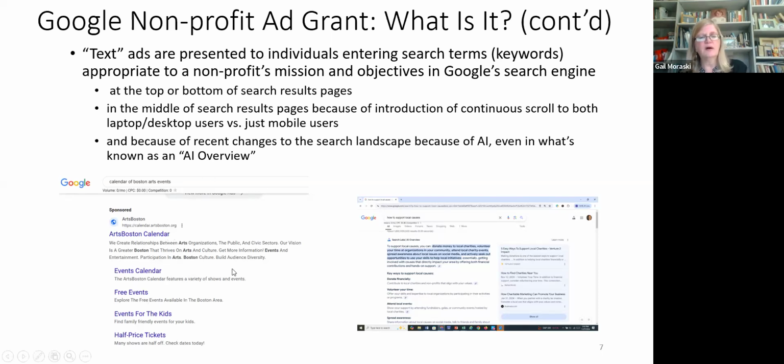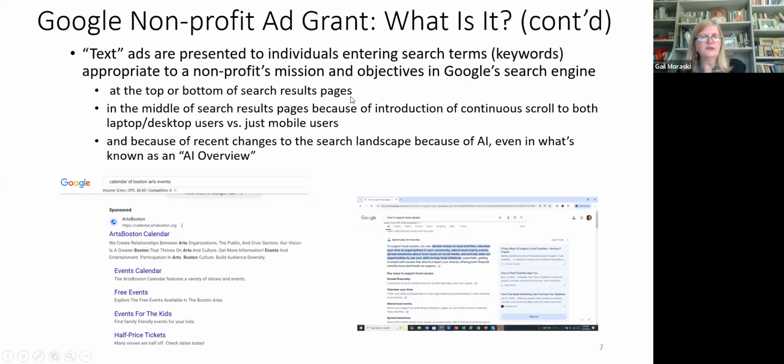So that's an example of the type of advertising you would be able to employ with your Google nonprofit ad grant. And it used to be in the good old days when Google search advertising first became available that it would always guarantee that your ad would appear at the top or the bottom of Google search results. That's no longer the case for a couple of reasons.